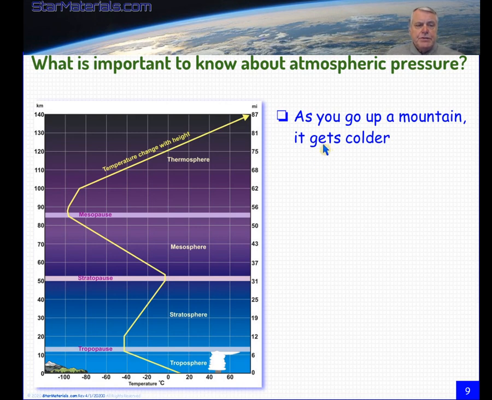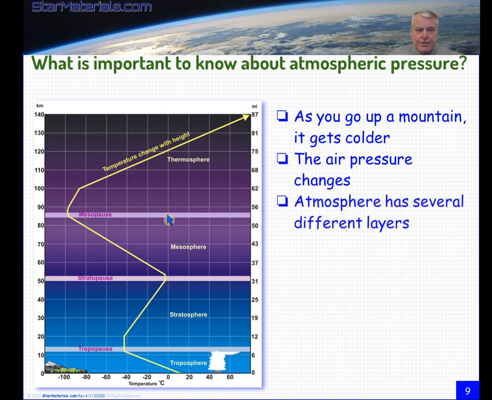Now, remember, air pressure changes based on temperature also. As you go up a mountain, here are the mountains down here. As you go up a mountain, the temperature goes down. The air pressure changes. That also goes down. Air pressure goes from sea level, 14.76 pounds per square inch, to when you get out here, out of the thermosphere into the exosphere or space, of 0.